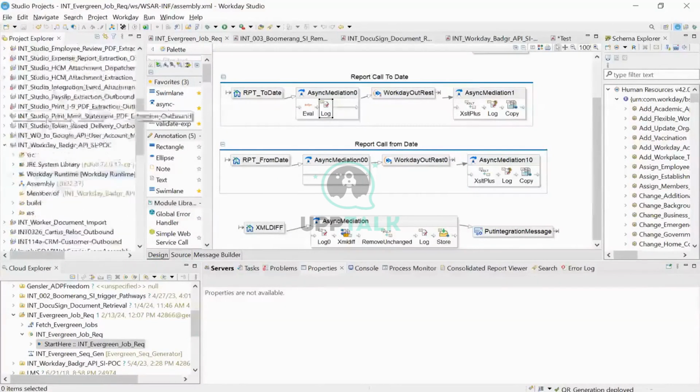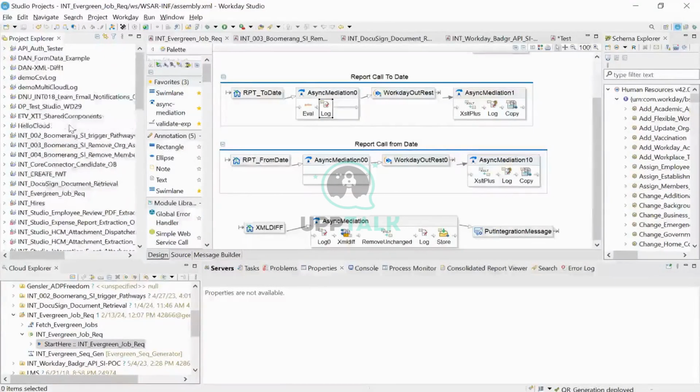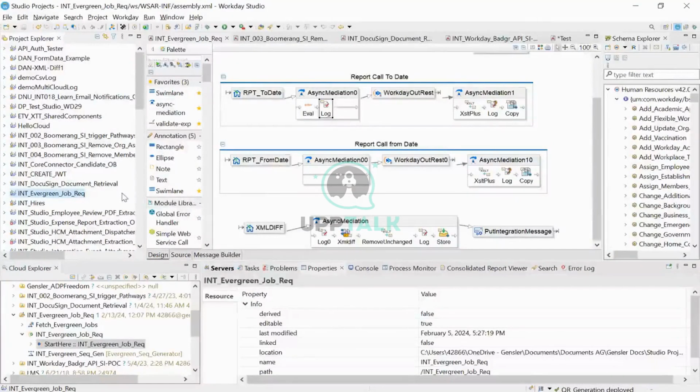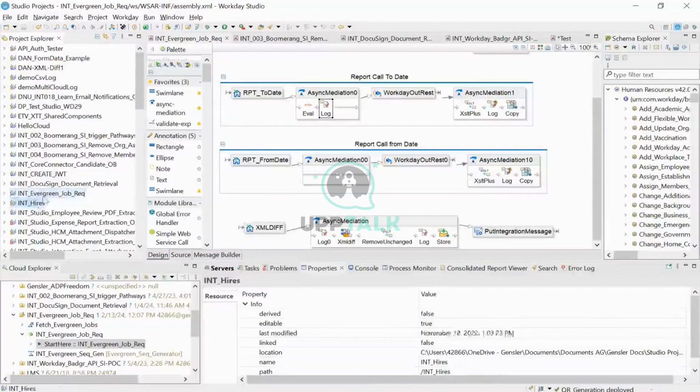I think Workday should have given a search button somewhere here. It's difficult to find. As I think I talked about yesterday, what you can do is right click. You can click on this deploy to Workday, or you can just click on this button here. Is it visible? If you hover on this, it will show deploy to Workday. You can go from here or here. If you go to deploy to Workday,